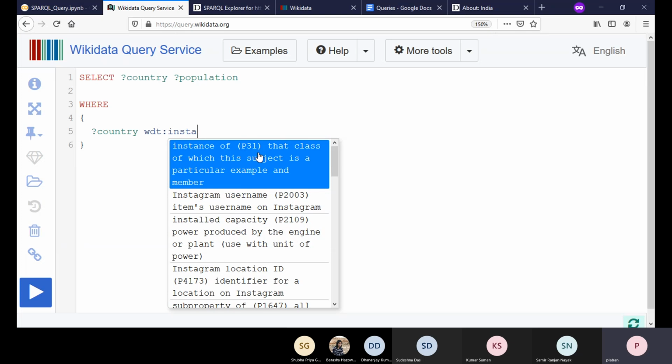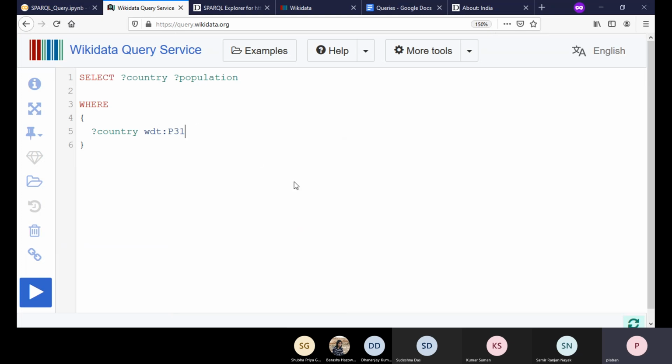So whenever you see WDT:P31, that means an instance of relation. Similarly, you have Instagram username, which is P2003, or install capacity, Instagram location ID. You can have many things, but we are interested in the first one, so we select this.